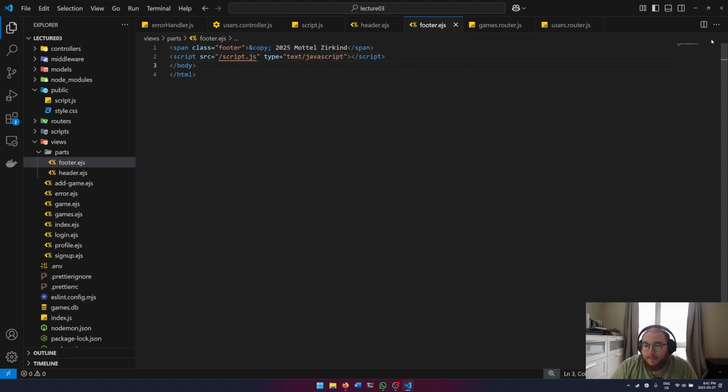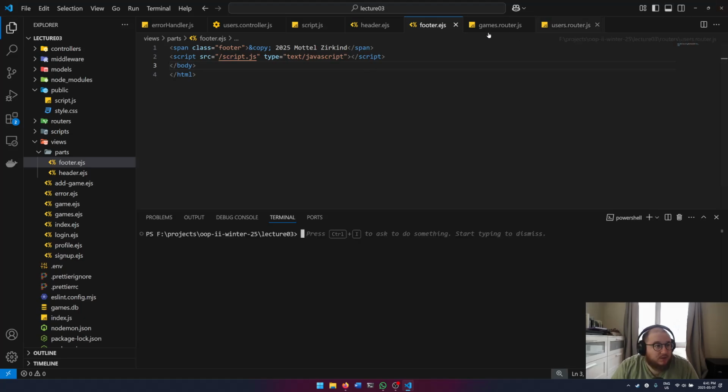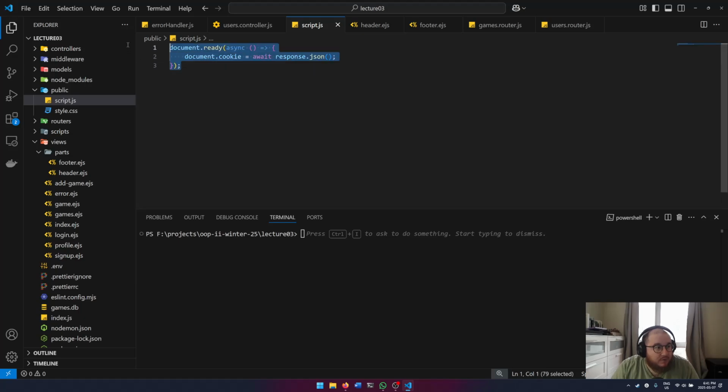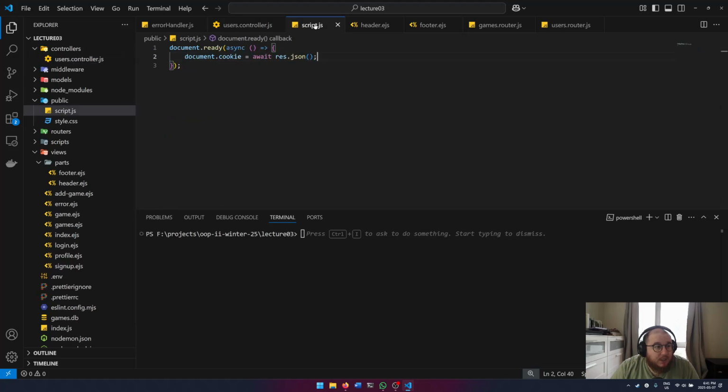All right. So what we've done here is we've written a tiny script in our public folder, which hopefully will add the token to our, it should be res.json. Hopefully this should add the token directly to our page. We will see in a moment if that does in fact work. How will we see that? We will go in npm run dev,